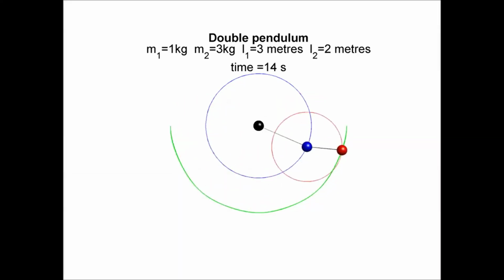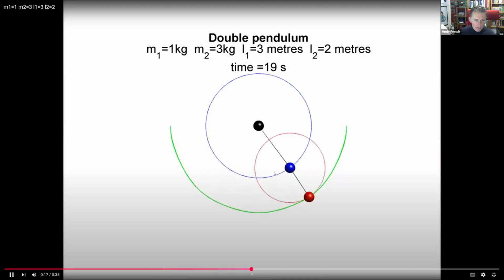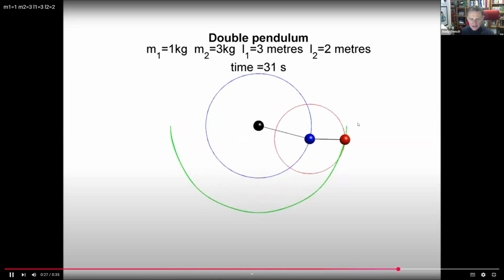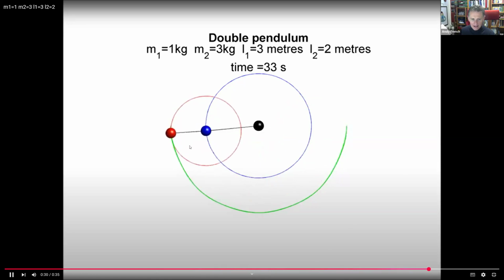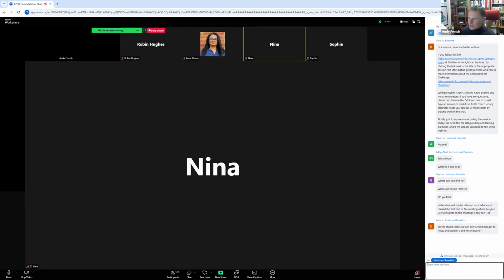Yes. So what you've got is a little mass here. The bottom mass is 1 kilogram. The blue one's 3 kilograms. And I've gone for some enormous dimensions: the first distance is 3 meters, the second distance is 2. And it's swinging around, there's a bit of movement going on. But what happens if we put this right at the top?